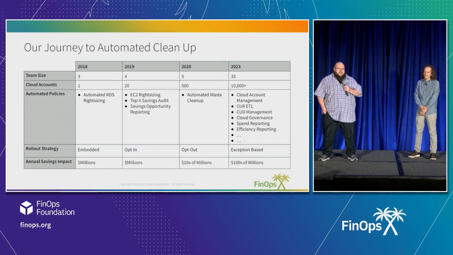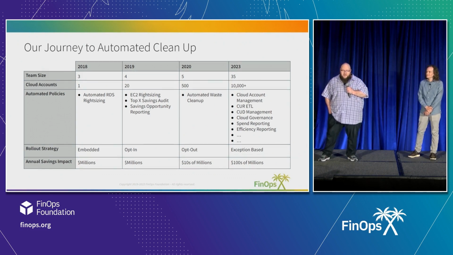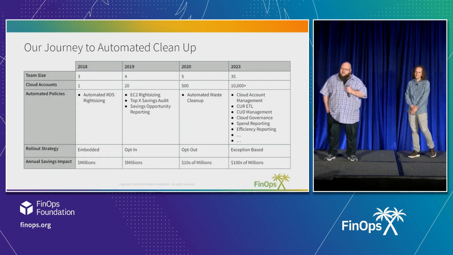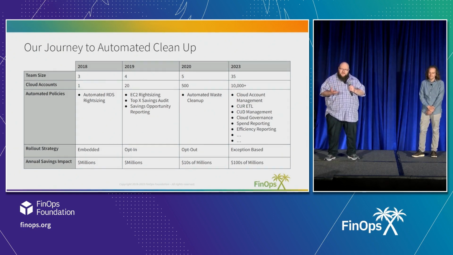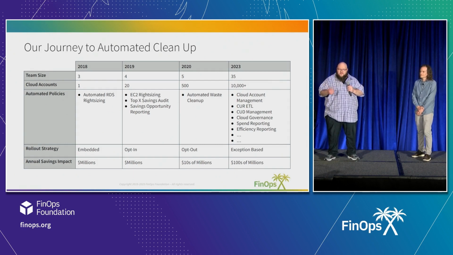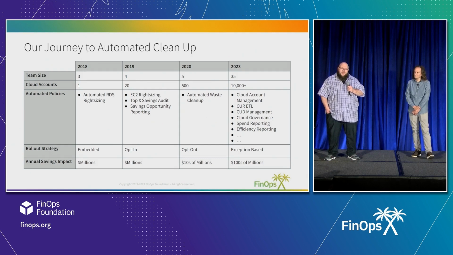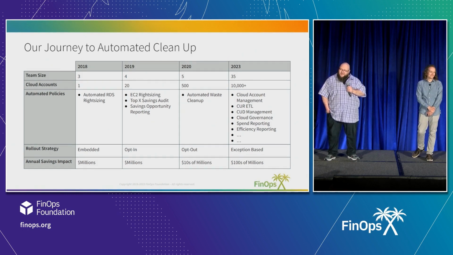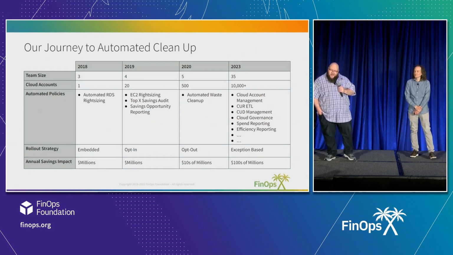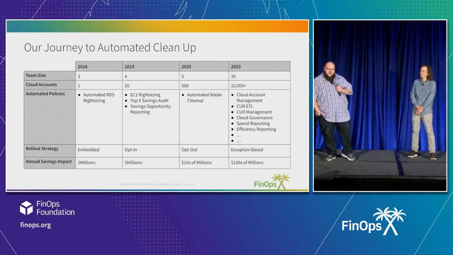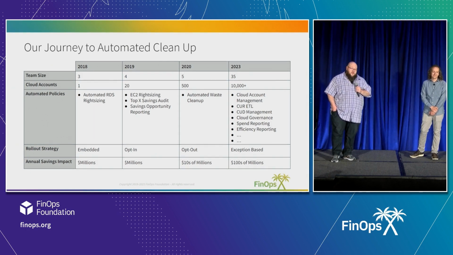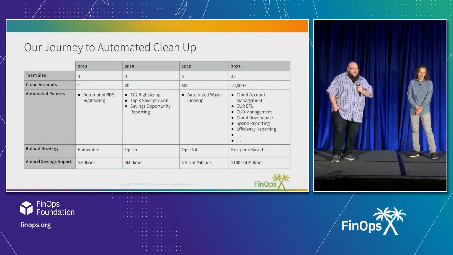But basically, we reached out to the top 5 accounts, top 15, top 20, and we did a very opt-in approach. We said, hey, can we run this on your environment? Can we find savings opportunities for you? And we built some really simple reporting around this. There were trust issues. A lot of people don't like you. Engineers and operation teams who've never met you before, they don't like when you're poking around in their account. They don't like giving you admin access. But we worked through it. At the end of the year, we'd save the company about another $8 million.